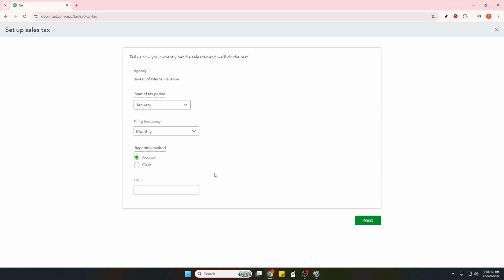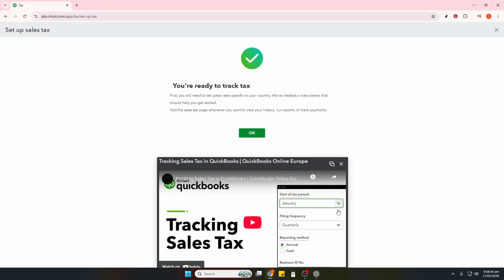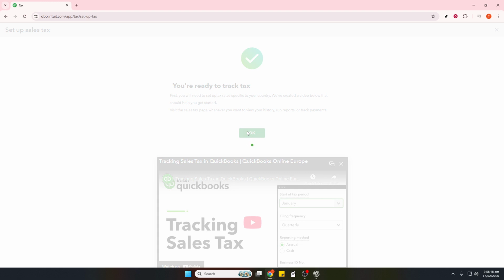Finally, generate the reports you need. Go to Reports and search for Payroll Summary for a high-level view, Payroll Details for line-by-line breakdowns, and the Tax Liability Report to see what you owe. Download or print them as needed, and consider saving your favorite reports with preset date ranges for faster month-end reviews. That's it. Your